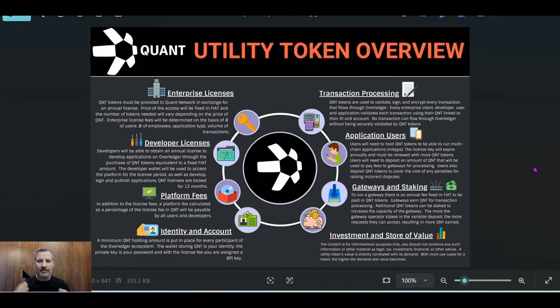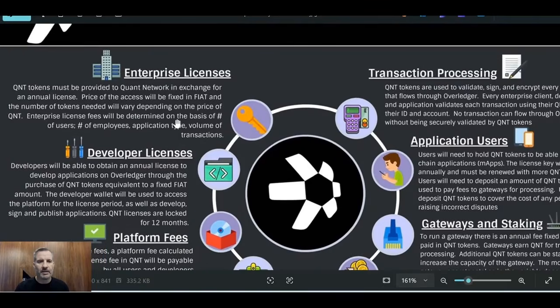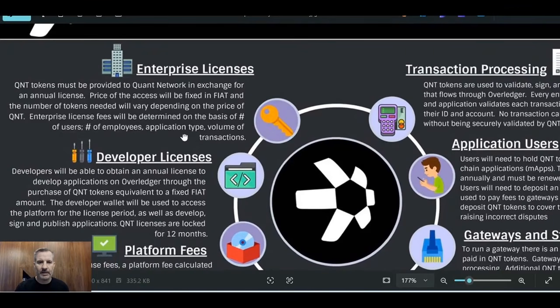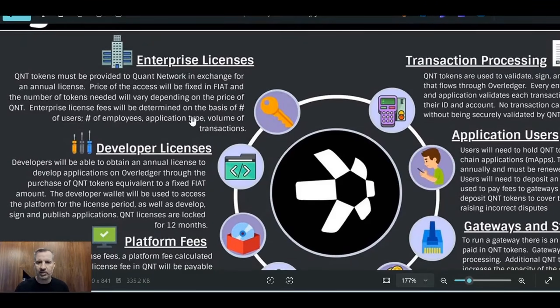So here is everything that the QNT token needs to be used for within the network. Enterprise licenses, like I was telling you, if anyone wants to use Quant Overledger, which they're all going to have to use, just like Microsoft Windows, 90% of the world uses it right now. Everybody has to use it. The enterprises have to pay licenses, and the amount of fees that they have to pay per year, the enterprises or the central banks, commercial banks, or whoever's building with Quant,